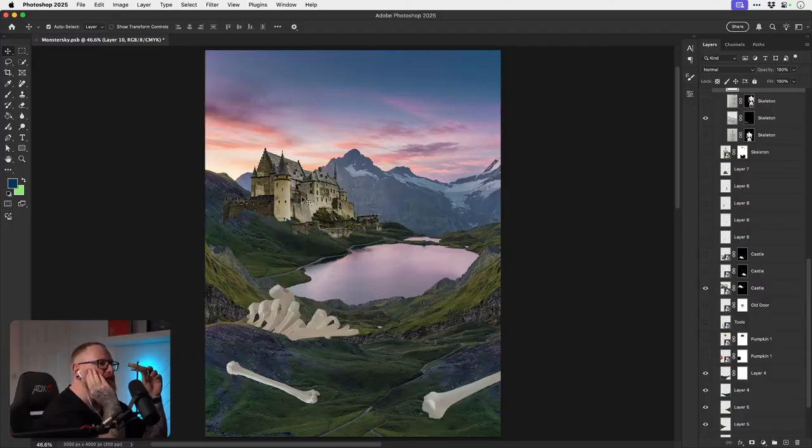But what is the main thing? Unless we just jam some giant pumpkins into the landscape. Hide the bones and the skull could be looking for them. I love that.